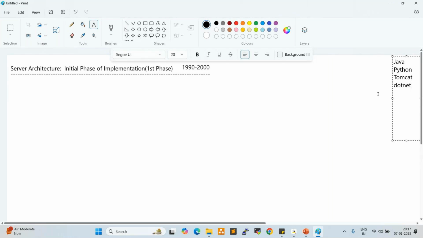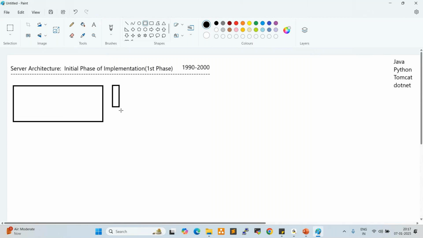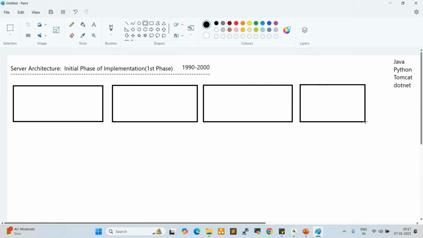For one application, one server. So here we have 4 applications, right? So they used to take 4 servers like this. For each application, one server. In the 1990s and early 2000s, the client project teams used to design like this.